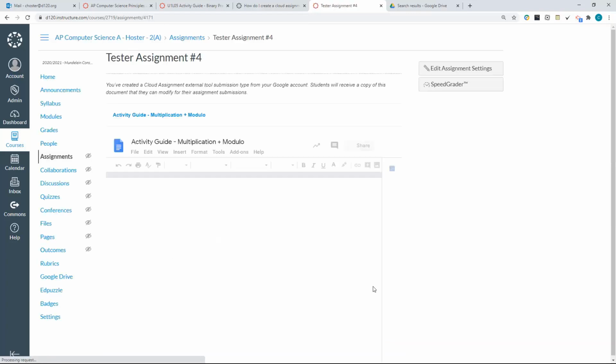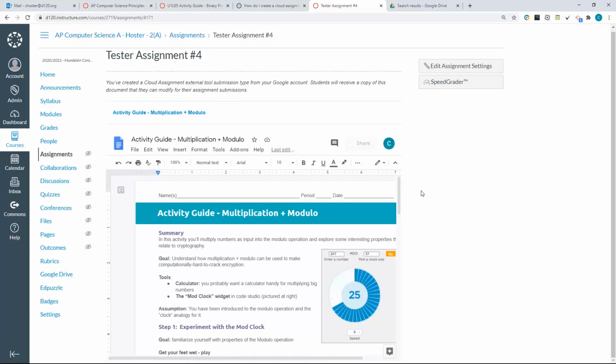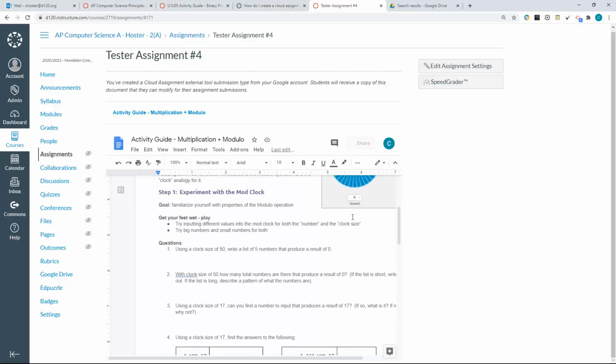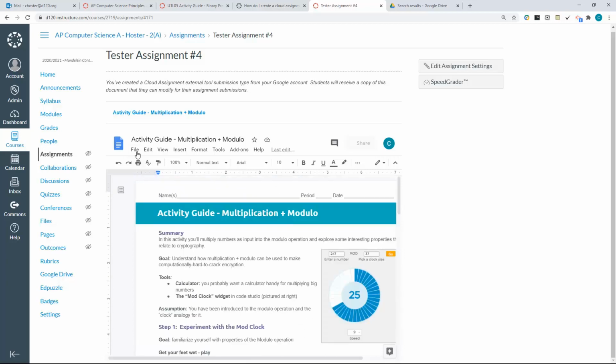And this is a little example on how this would show up. Okay, this is embedded. And what happens is, this is great. It creates a copy of this in their own Google folder on their drive and in the class folder. So that's one of the benefits. So they could edit it, and then this isn't the student interface, but then they could submit it. In their interface, they'll have a submit button up there. So really neat. There's no copying the document, which we're all used to, and it goes into their class folder